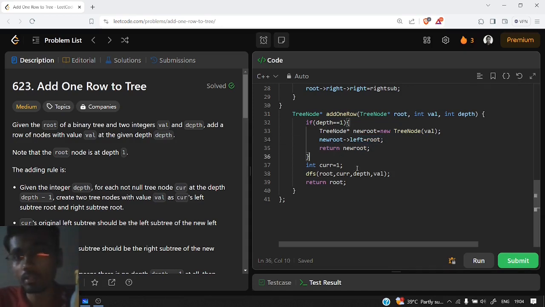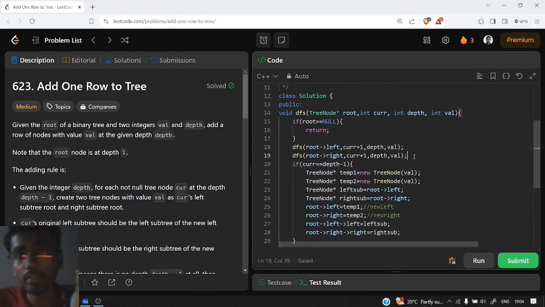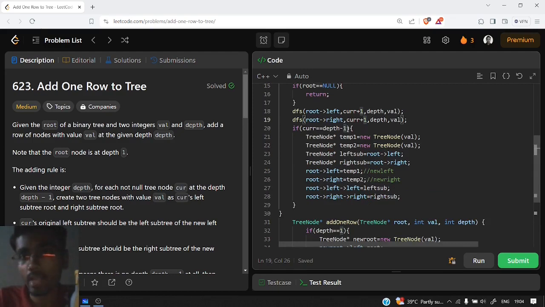Now what if the depth is not equal to 1? So we are doing a DFS call. Until we reach depth equal to depth minus 1, we are moving to the left child and the right child. Once we reach depth equal to depth minus 1, we will create two new nodes, temp1 and temp2, which will contain the value as well.